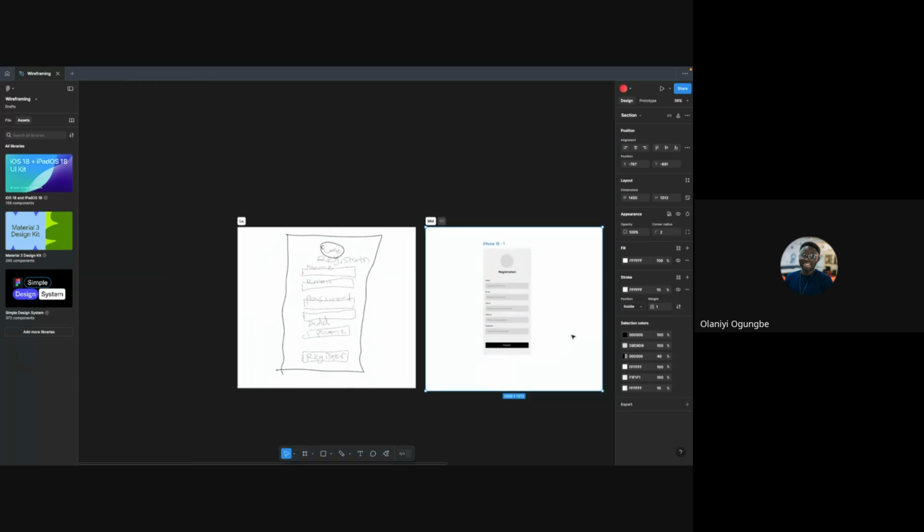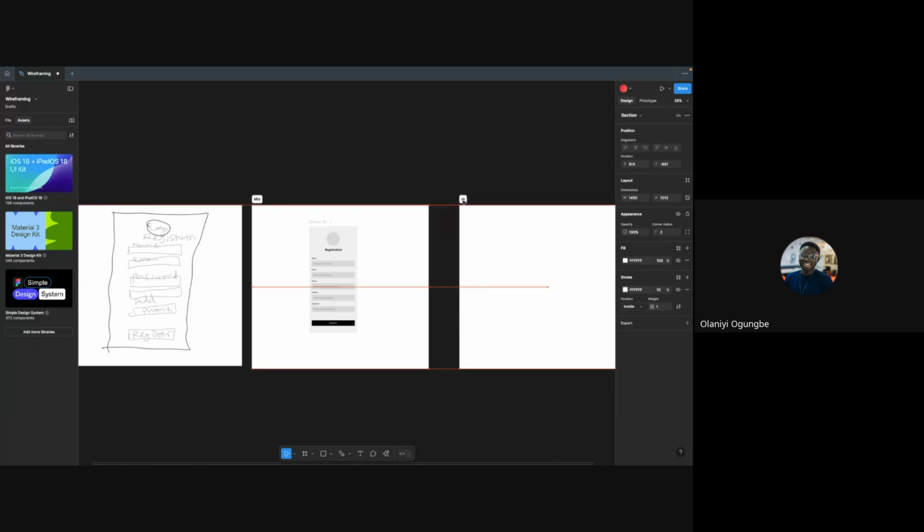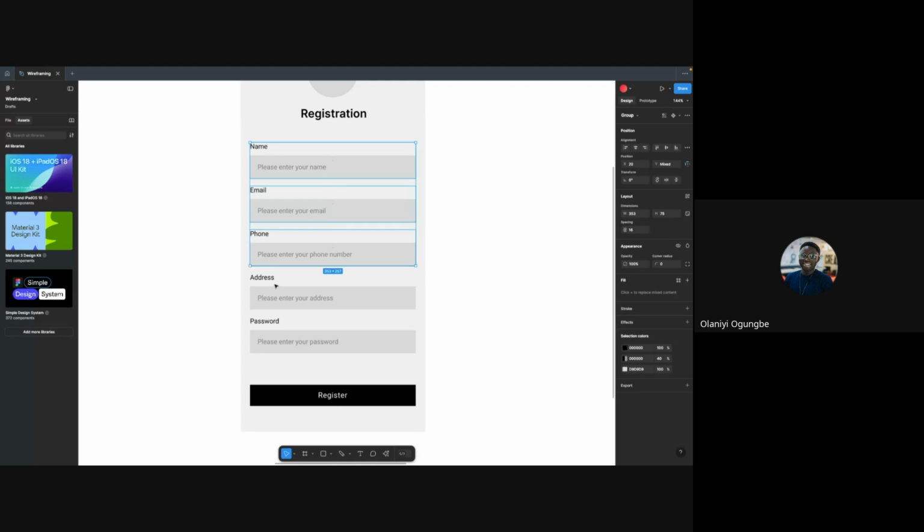Okay, now let's do the high fidelity real quick. When I'm doing the high fidelity, instead of creating everything from scratch again, since I know the high fidelity and the mid fidelity are very similar, let me redo the alignment. Select everything. Go to this alignment tab. Make sure everything is center aligned. Then click on these three dots, tidy up. What tidy up does is try to clean up the arrangements.